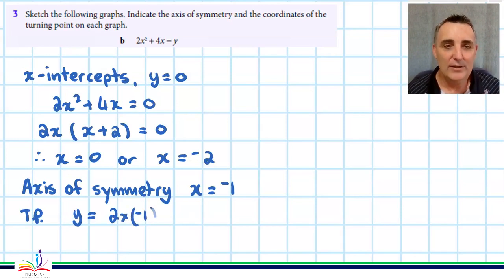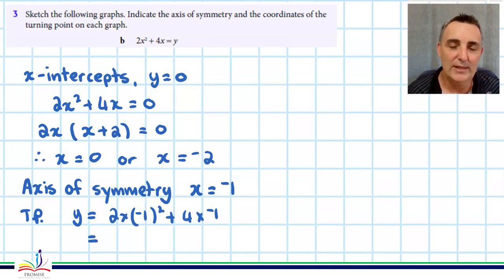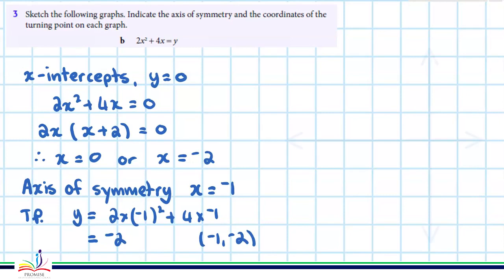To find the y value, we take the -1, we put it back into the equation, and we get 2 times -1 squared plus 4 times -1. And try and solve that, we get y equals -2. So we know the turning point is at -1, -2, and all we have to do now is sketch the